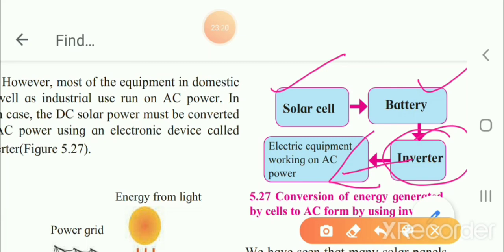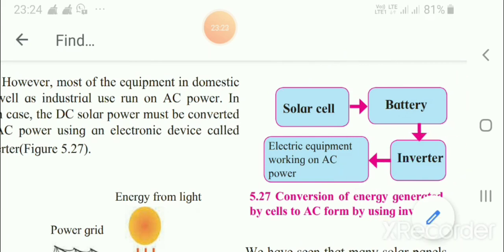A little bit of this portion is remaining, which will continue in the next lecture. I hope you might have understood, children, and you might have enjoyed this lecture. In homework you have to draw the photovoltaic cell, then the solar panel, then the solar array. These are all important topics of this chapter. And you have to learn the difference when solar cells are connected in series and in the other case when solar cells are connected in parallel.